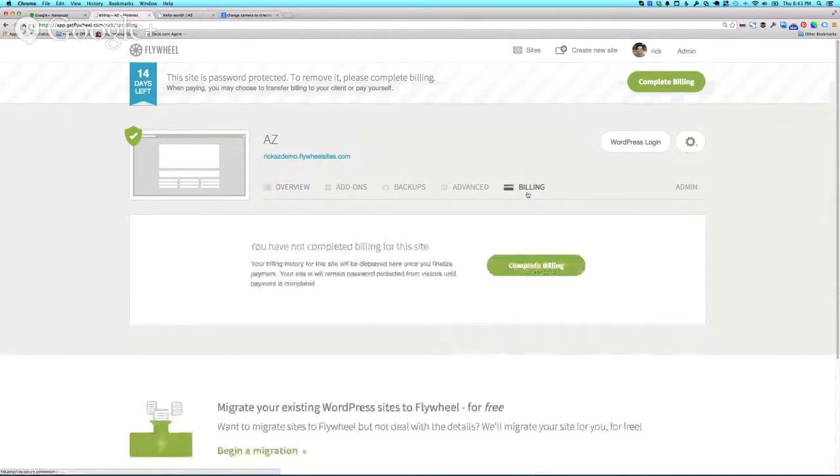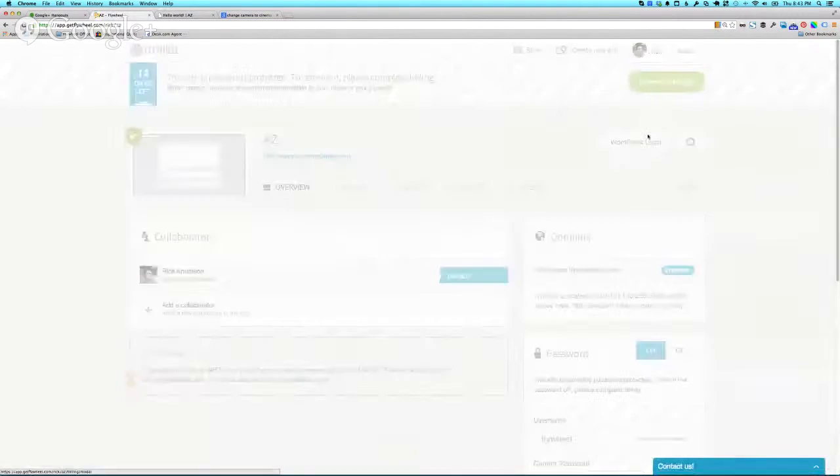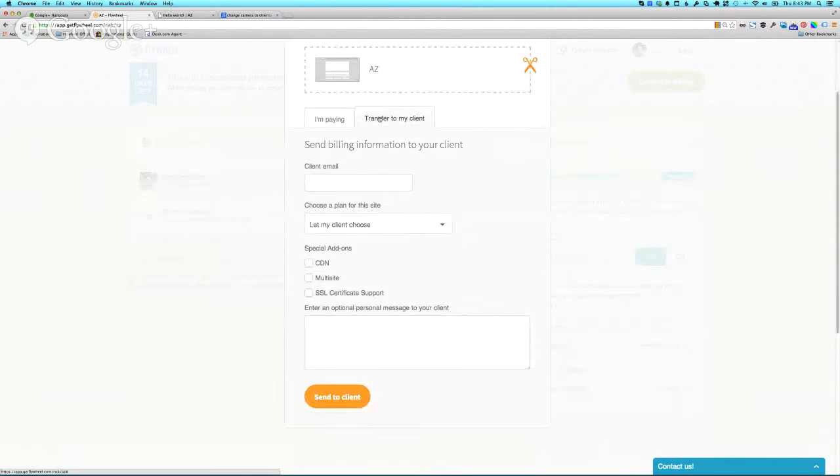The billing tab just lists your billing for the site, so all your billing history lives here. You can switch credit cards, do all of that kind of payment management there. But if I actually decide to go live with the site and pay for the site, again, we created a demo site, so I do have the option to transfer it to my client. I can pay for the site myself just as easily, but I can click on this transfer to my client tab, and I can just give my client's email address,